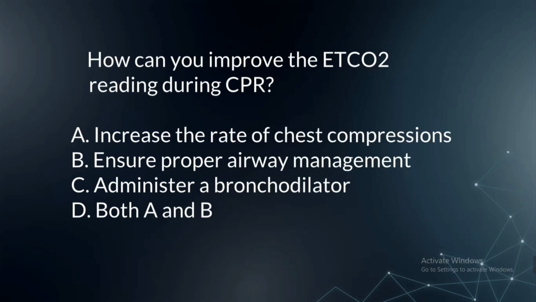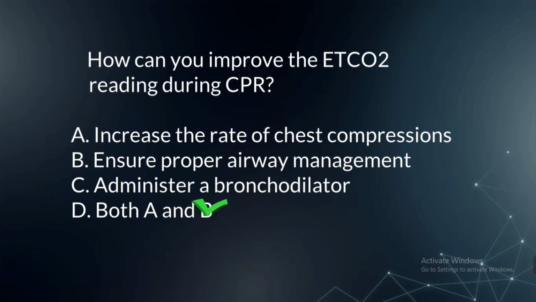How can you improve the EtCO2 reading during the CPR? A. By increasing the rate of chest compressions, B. By ensuring proper airway management, C. By administering a bronchodilator, and D. Both A and B. So the correct answer is both A and B. You have to increase the rate of chest compression. You have to ensure proper airway management. While giving an advanced airway or anything that will improve the ventilation and breathing in the patient will be opted